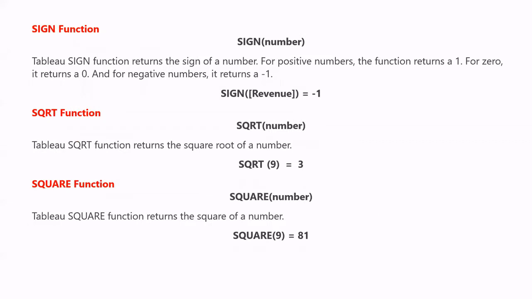The sign function returns only the sign, not the value. If it is positive, it will return +1, and if negative, -1. If it is 0, it will return 0. Also, the square root function is straightforward. If you want to find the square root of something, maybe in some formulas or calculated fields, we might use this function to calculate square root, square, all those. So we can use square root as well as square, whichever we need. All these functions are straightforward, and the syntax is square root of the number whichever you want to find, and for square it is the same.